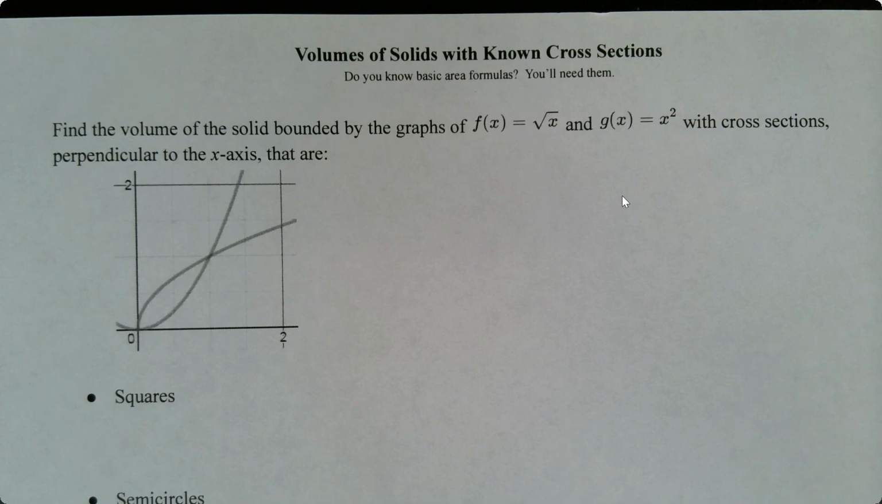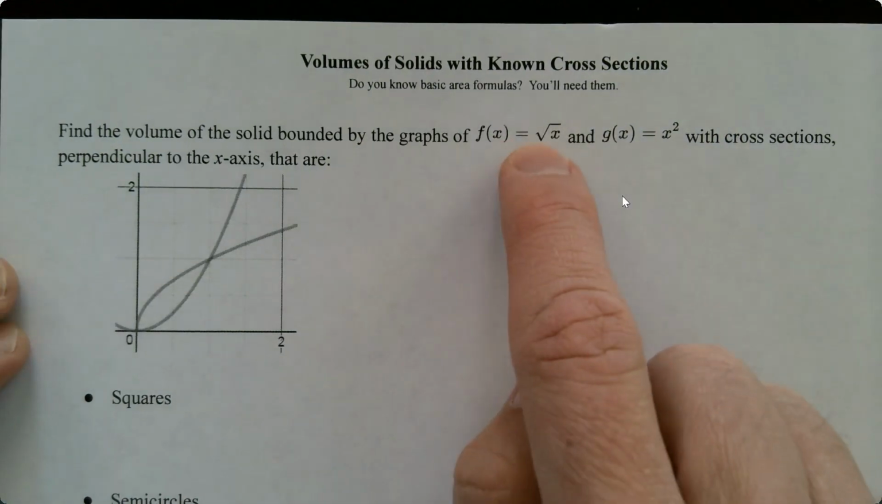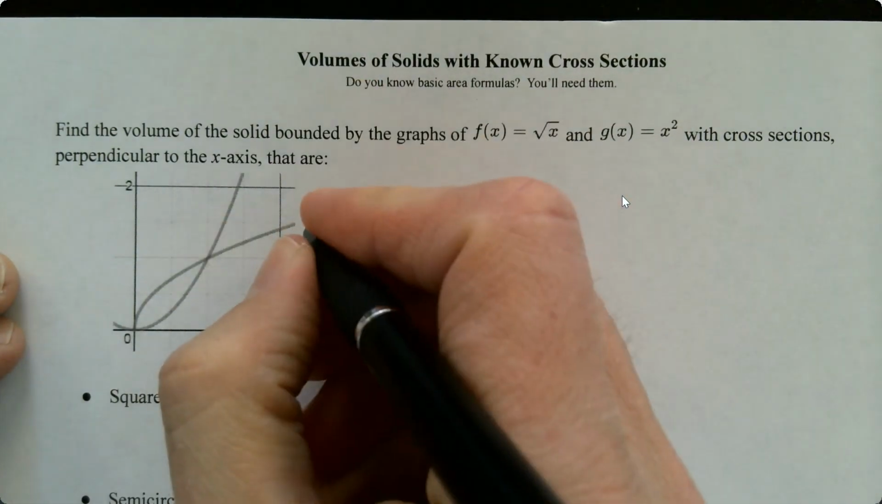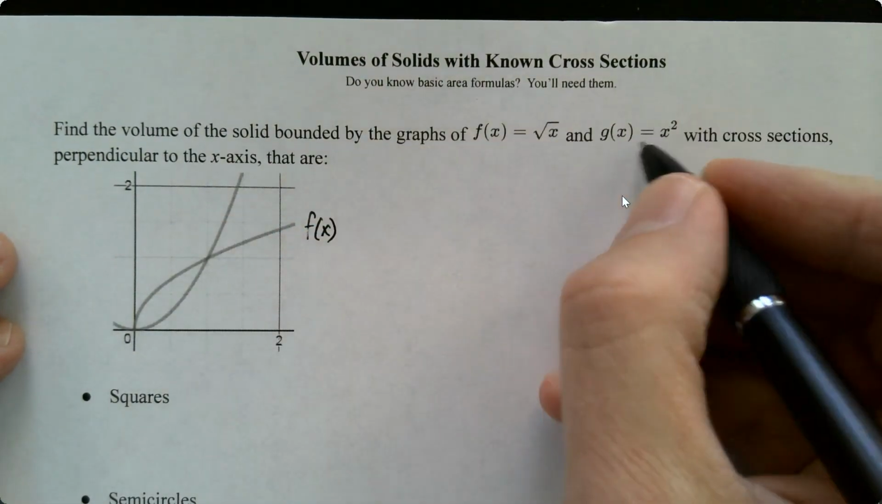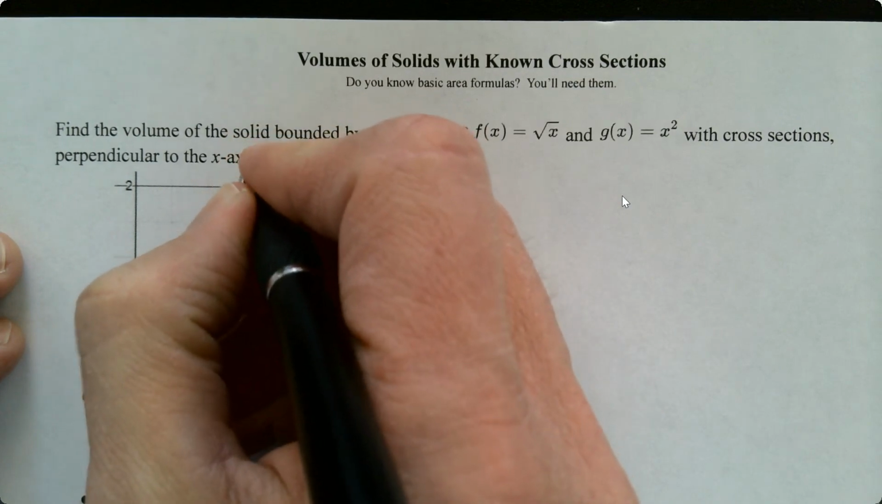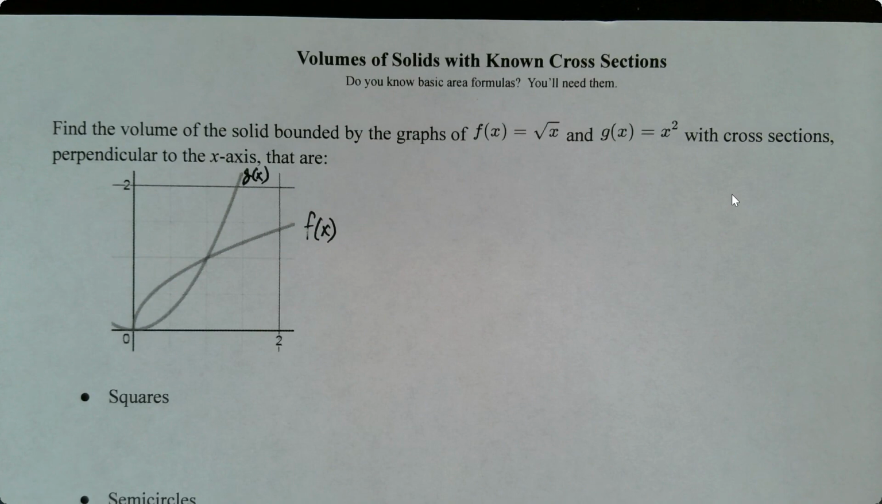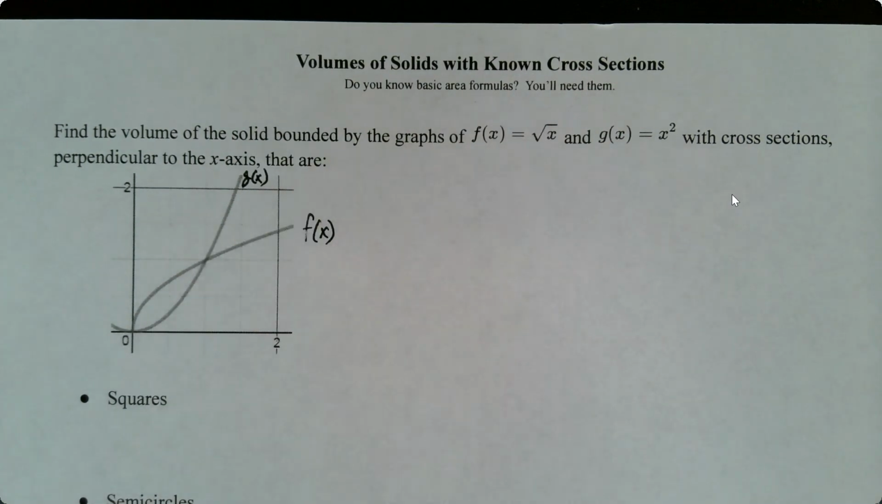And it says, find the volume of the solid bounded by the graph of f of x equals square root of x. So this little guy right here, that one's going to be f. This is the f of x function. And then g of x equals x squared. That's this function right here. That's the parabola. With cross sections perpendicular to the x-axis that are, okay, let's just stop and think about what